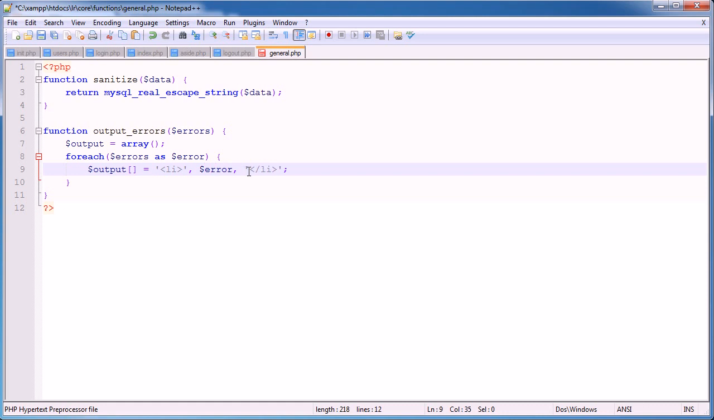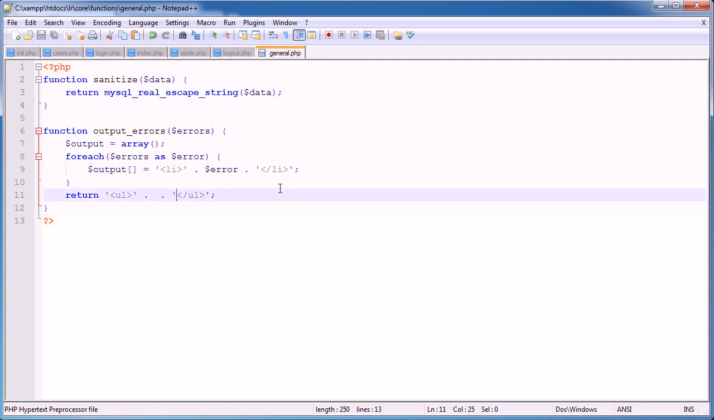So we place the error within these, and then what we do is here we return, and we need to use a UL, and this is where it starts to get slightly tricky. We want to go ahead and append something on here. In fact, I've used commas here where they should be dots, if you like. Okay, so I'm going to implode within here, and implode's basically going to take